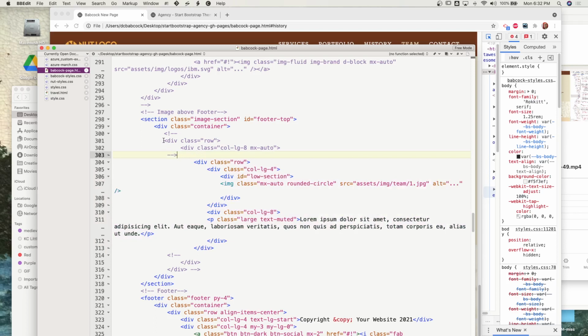But we actually need to nest that in another row. So here we have the row opening and closing, and within that we have a division that we tell to be just 8 wide. And I don't know if we could add the,